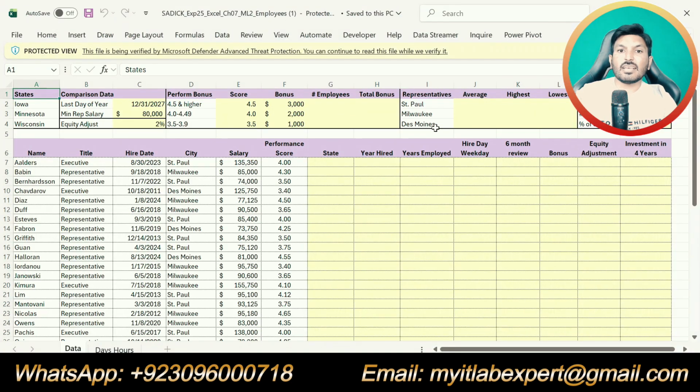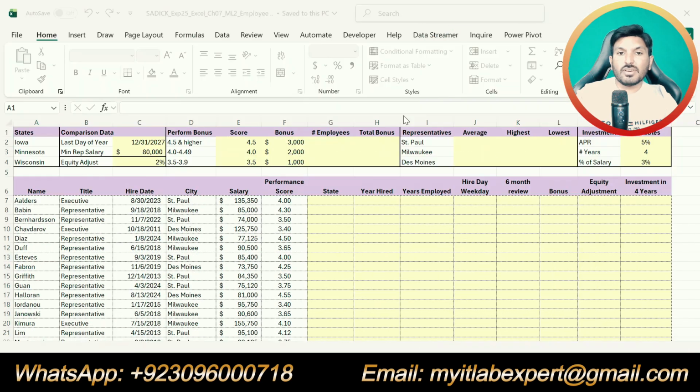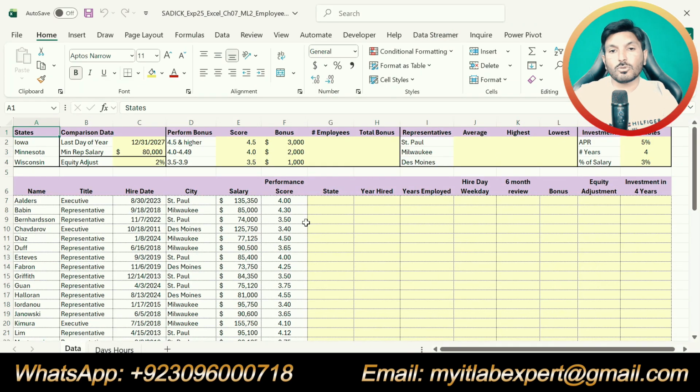This is the workbook we are going to use to solve this assignment. You can download it from your course dashboard. All of the instructions and steps will be solved in this workbook. So the first step is just about downloading and opening this file. There is nothing else to do in step number 1.